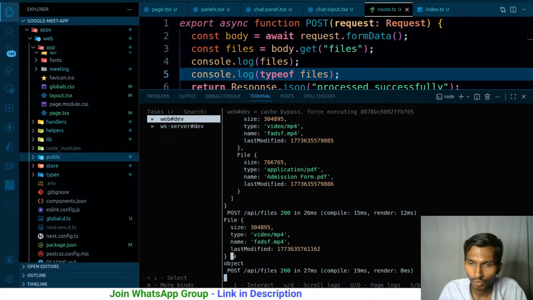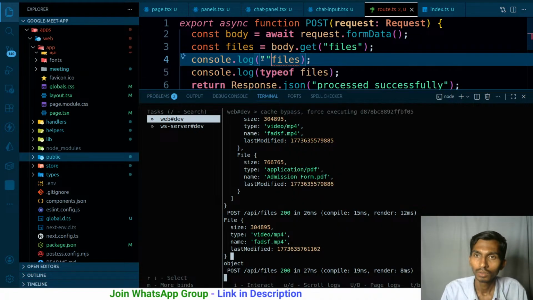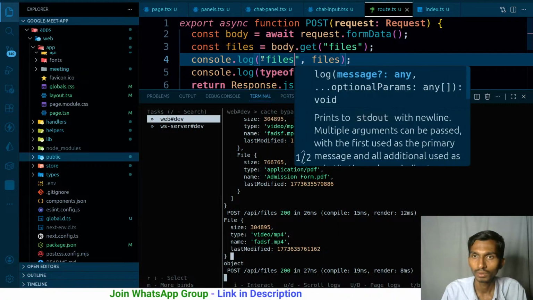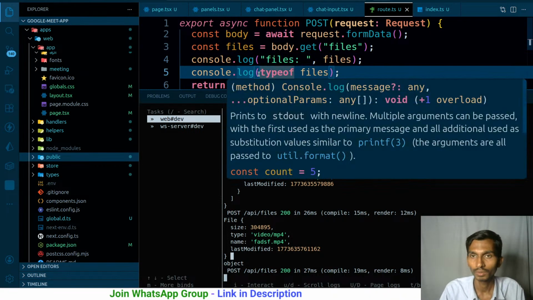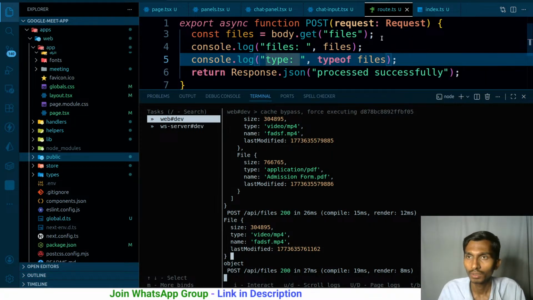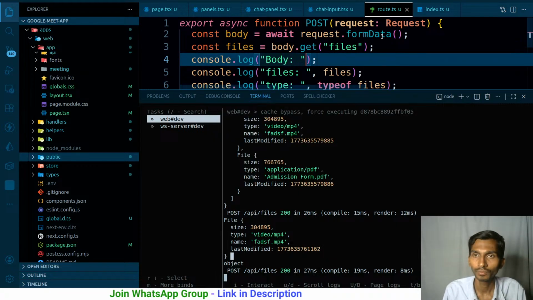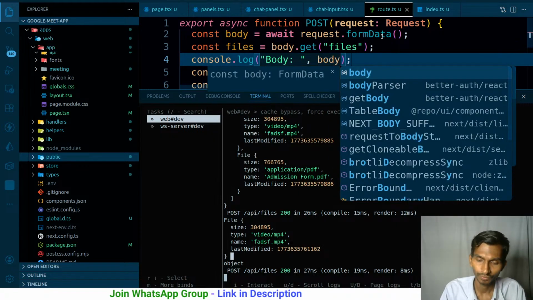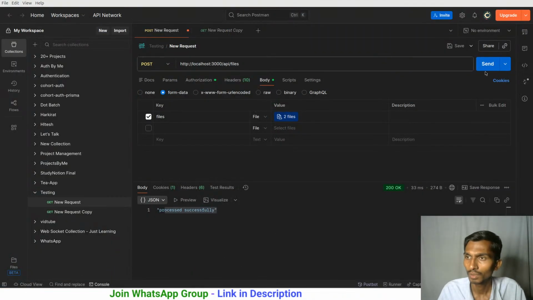There is only video. Okay, just a sec. Files, then type, just like this. Apart from this, console.log body is going to be equal to body. Going to send it again, send it,